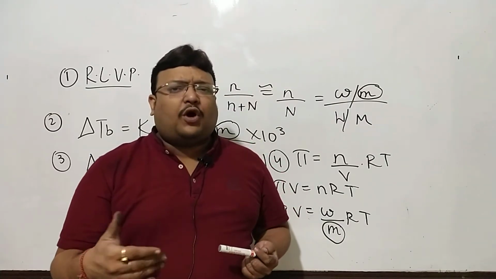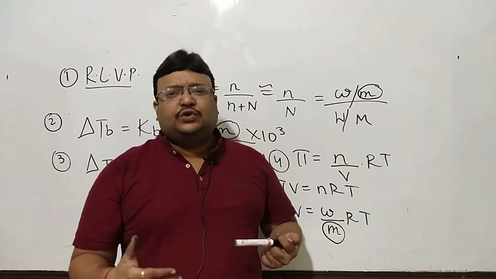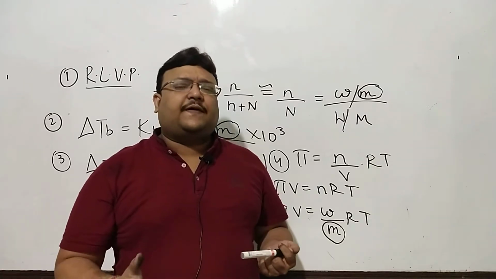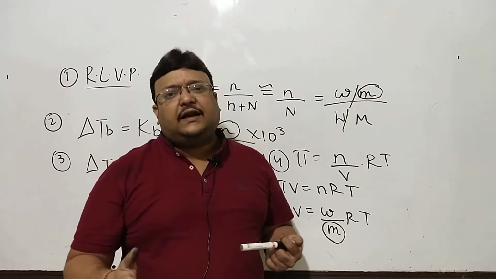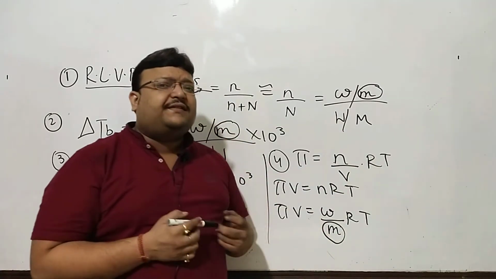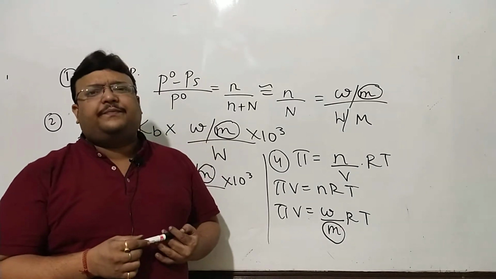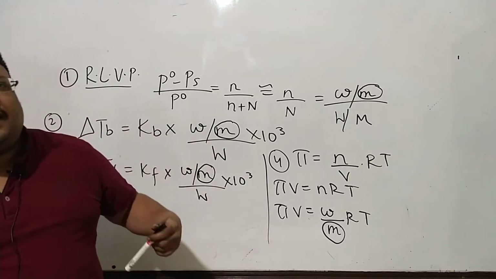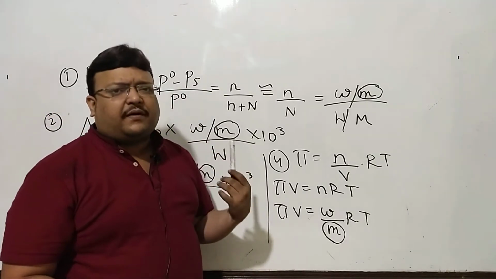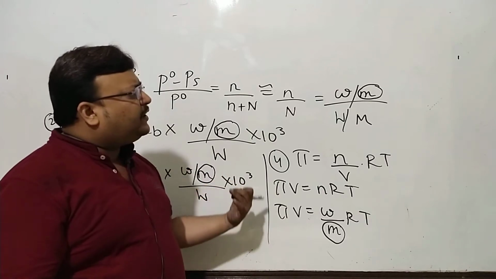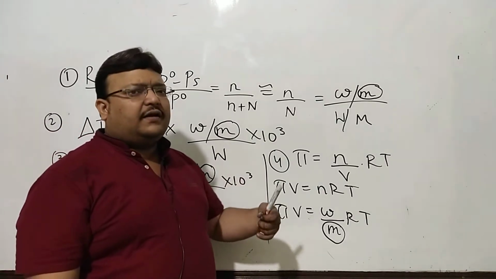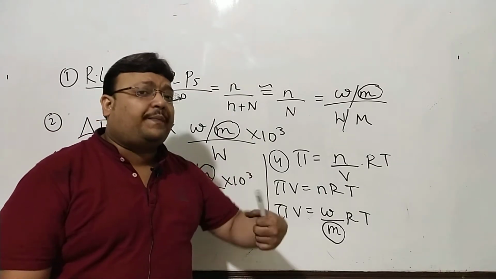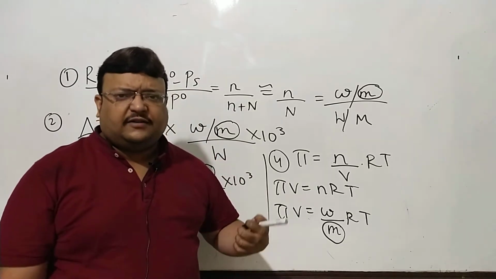I do not call it abnormal molecular weight because sooner or later we need to learn the facts about how an electrolyte is going to change these equations. It's absolutely normal but a little different from the non-electrolytes. So let's take up the last segment of this topic. I want to finish this off in this video, and in the next video we'll take up some theoretical topics of interest like ideal and non-ideal solutions.